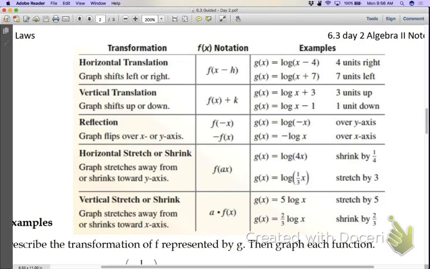Okay, second part of 6.3 and the graphs along with their transformations and things like that. You already have this table in your notes that's at the top of the second page. A lot of this stuff you already know. The biggest one that is kind of key here is going to be with the horizontal